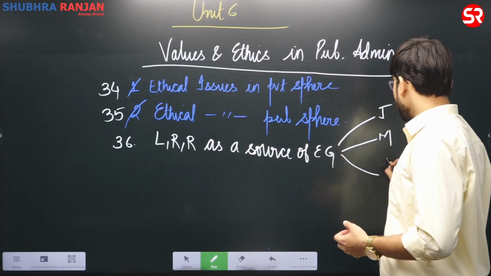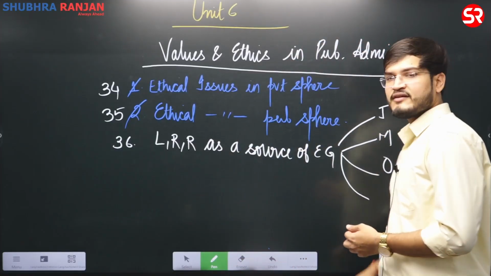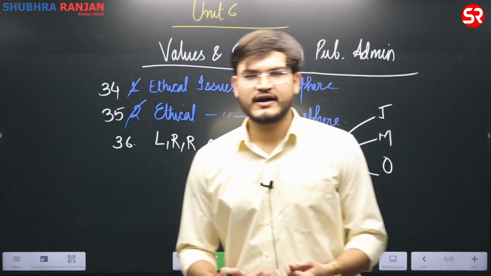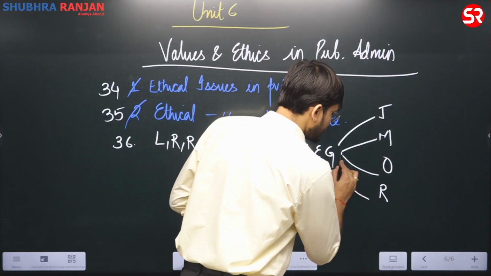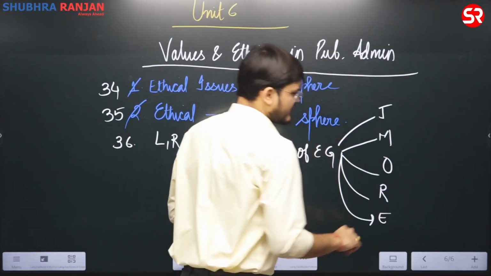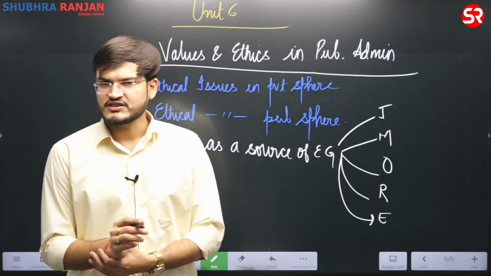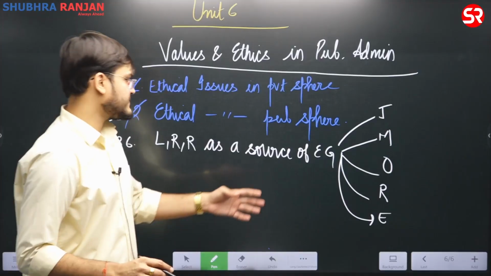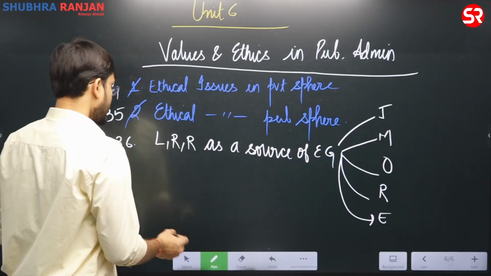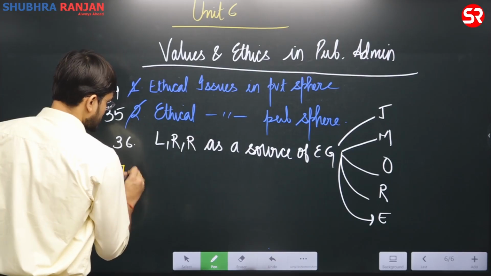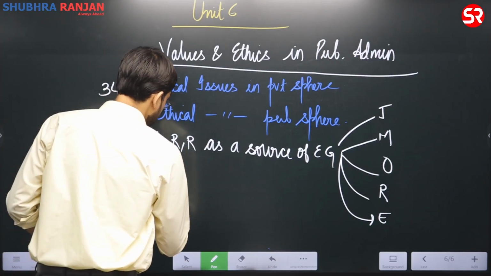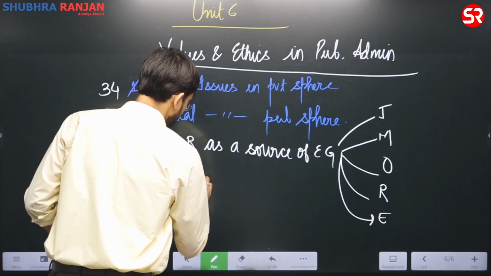And thereby, for example, operant conditioning, that is with respect to reward and punishment, and thereby right based approach and external enforcement of those ethical conduct. We'll be talking about all of these aspects in this particular theme of laws, rules and regulation as a source of ethical guidance. They can ask questions from the aspect of conscience as a source of